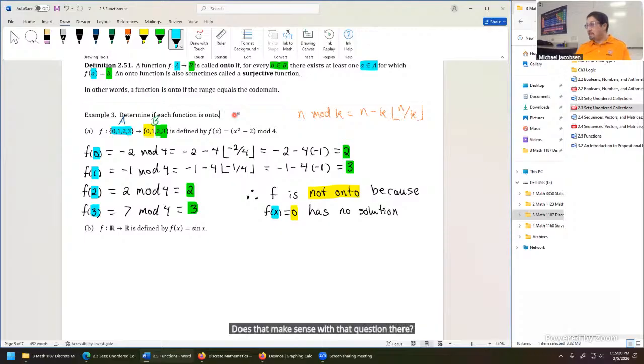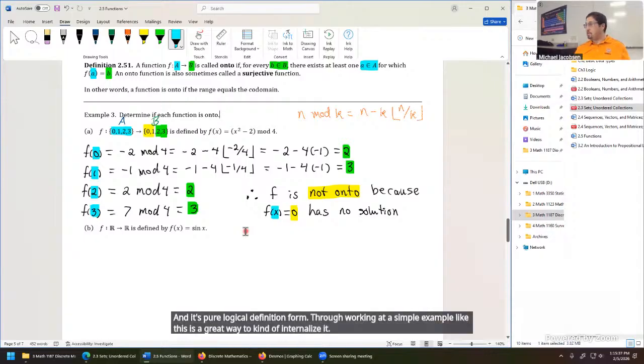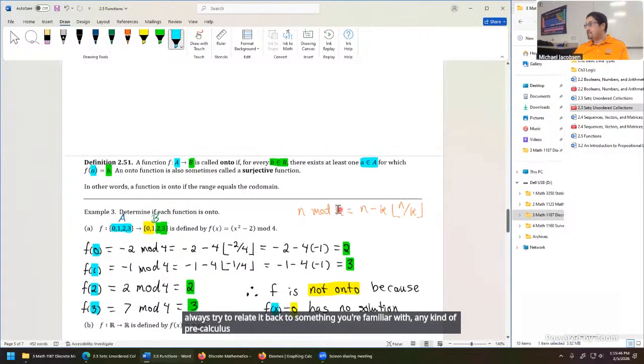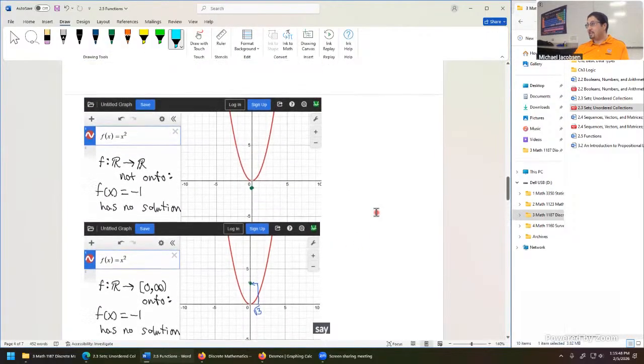Yeah, absolutely. Thanks for asking about it. These, again, are pretty abstract and tricky kinds of problems. So there's lots of ways you want to try to think about the definition. In its pure logical definition form, working through a simple example like this is a great way to internalize it. But also, for any kind of definition that involves a function, always try to relate it back to something you're familiar with. Any kind of pre-calculus algebra topic, say these kinds of graphs, are a great way to